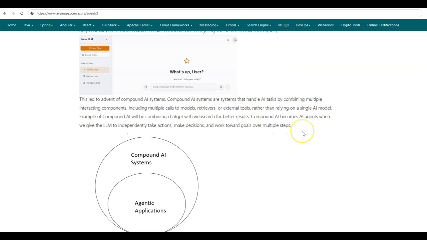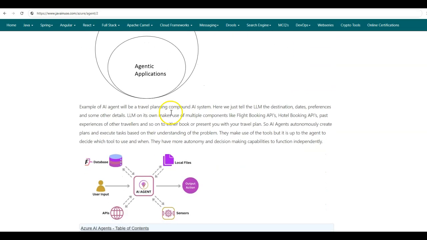To better understand AI agents, let us have a look at an example. We'll be looking at the travel planning AI agent example. In the case of a travel planning AI agent, we just tell the LLM the destination, that is the location to which we want to travel, the dates, preferences, and some other details. Based on these details, the LLM will make use of multiple components like flight booking APIs, hotel booking APIs, past experiences of other travelers, and so on